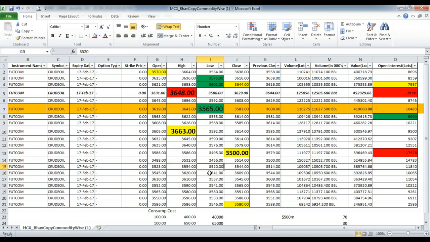Is it a higher high, higher low? Higher high, higher low, right? Lower low, lower high, lower low, correct? If it is lower high, lower low,